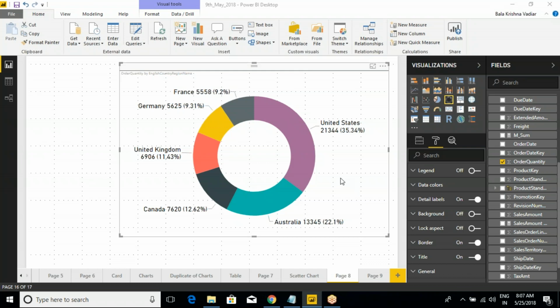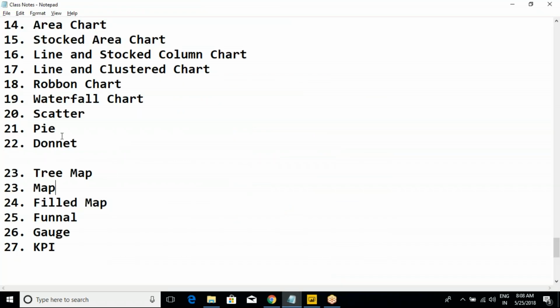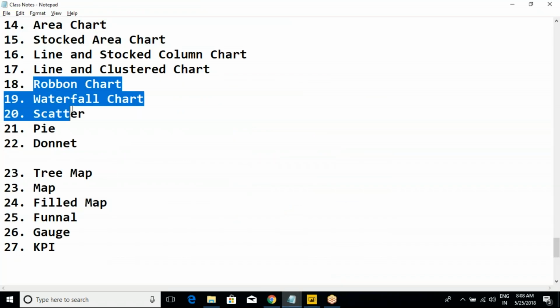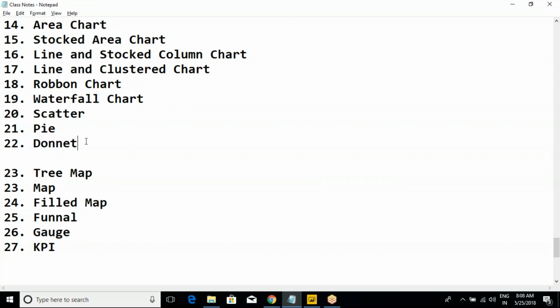So we started a couple of visualizations yesterday. We are about to complete all the visualizations today. So the next visual is, if you see the notepad, yesterday we covered ribbon chart, waterfall, scatter chart, pie chart, and donut chart. And let's try to cover today